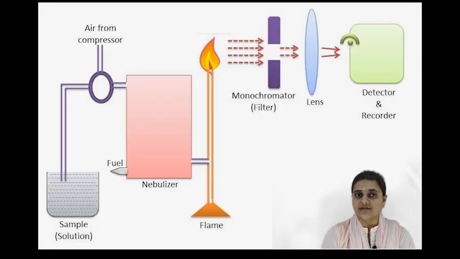Now we will understand the important components that make up the flame photometer. The first is the source of flame, then the nebulizer, then the optical system, followed by color filters, and the last one is the photodetector. Let us understand these components one by one in detail. The first one is the source of flame. As you already know, we are discussing the flame photometer, so the source we use for the flame plays a very important role. You can say it is the heart of the flame photometer.